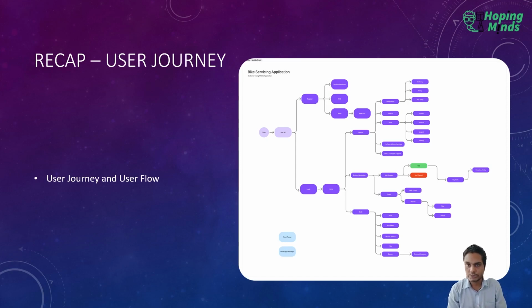But after you log in and do a registration, a lot changes on the functionality part on home pages, wherein some applications might have bottom navigation like list, search, and all of that. But some applications might directly have a button wherein you can tap and fill in a form. Like this application we are going to work on, this has an add button wherein you can add your motorbike, and this also has an add request button wherein you can add a request for a service for your bike,